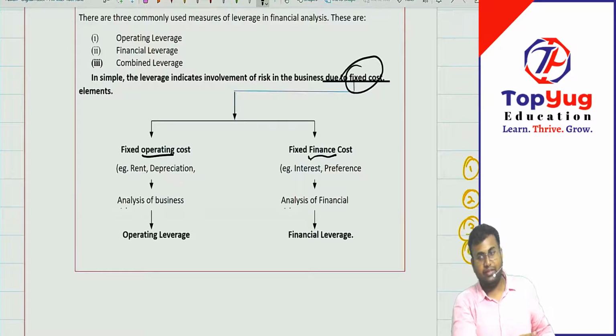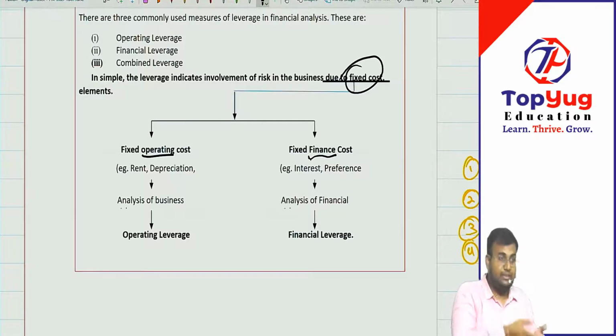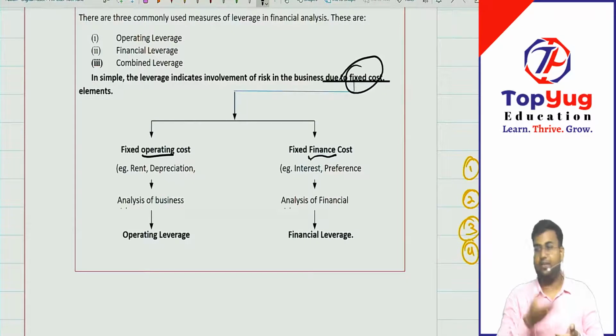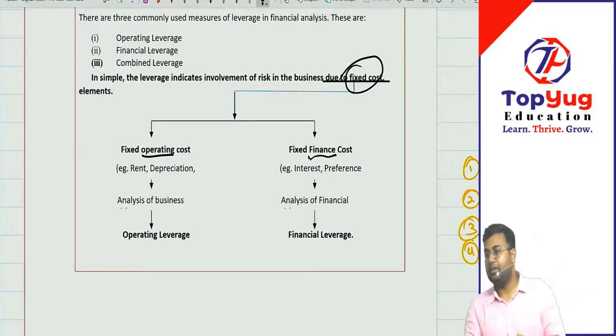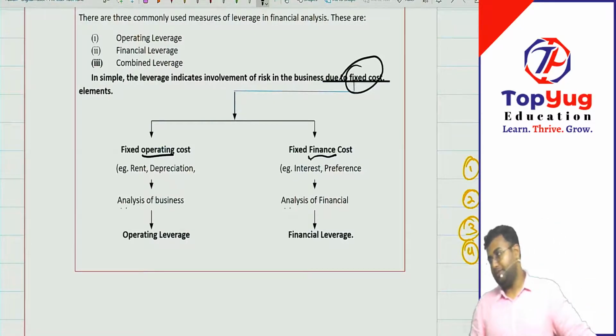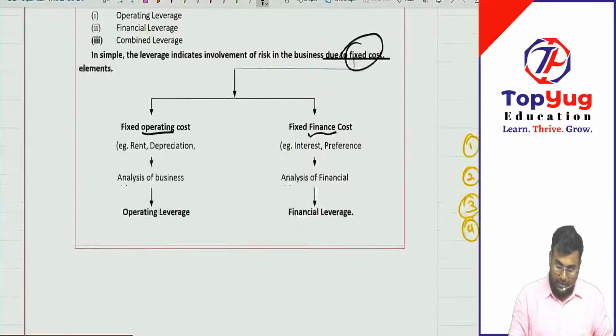Correct? Yes. Cost which is for the business is finance cost, because I have to run the business, I have to have it. And for running the business, or actually managing the business, it will be operating cost. So rent, depreciation, everything would be an operating cost. Are we all good here? So, fixed operating cost, fixed finance cost.